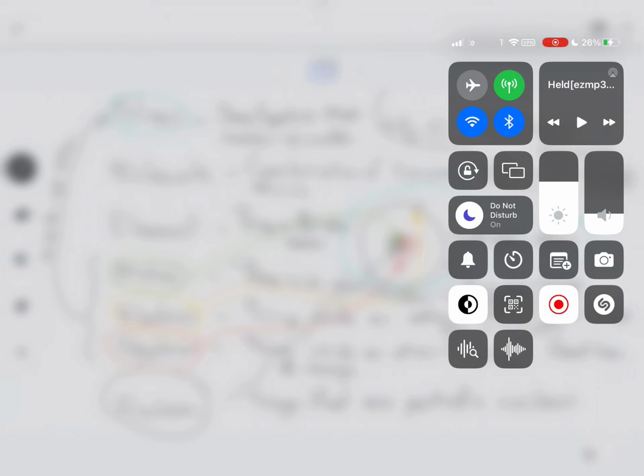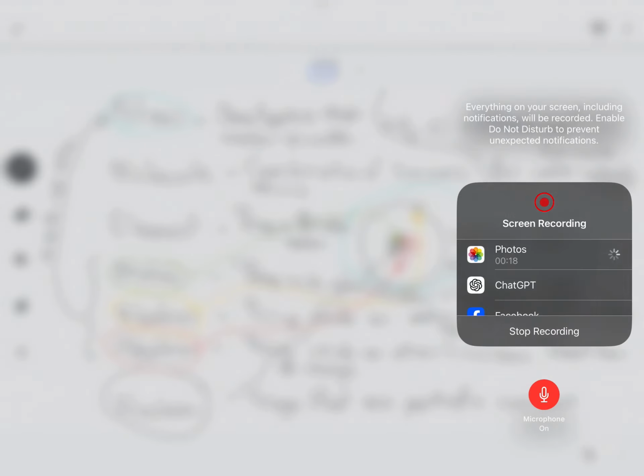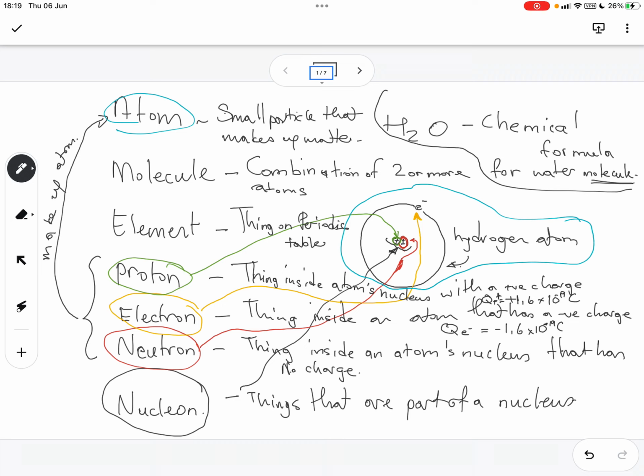A neutron is that thing inside the nucleus at the center of an atom that has no charge. Is it no charge? I believe it's no charge. Isn't it no charge? It is no charge. So yeah, that thing inside, and then we spoke about